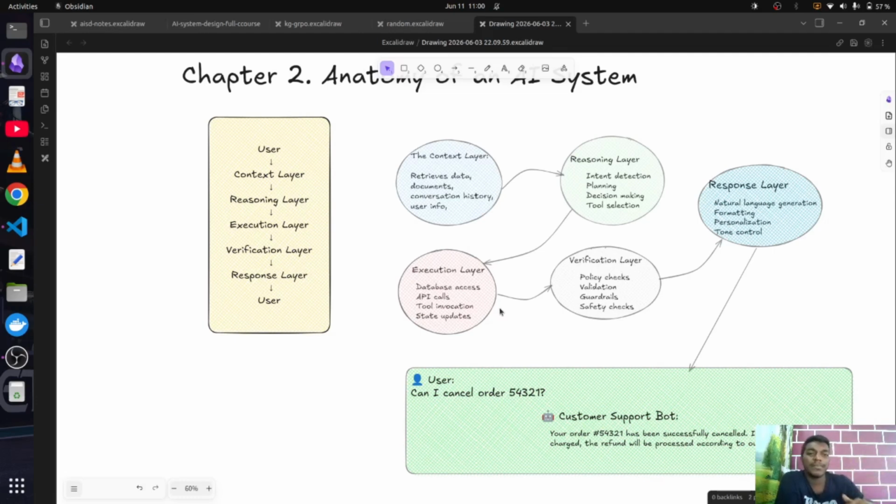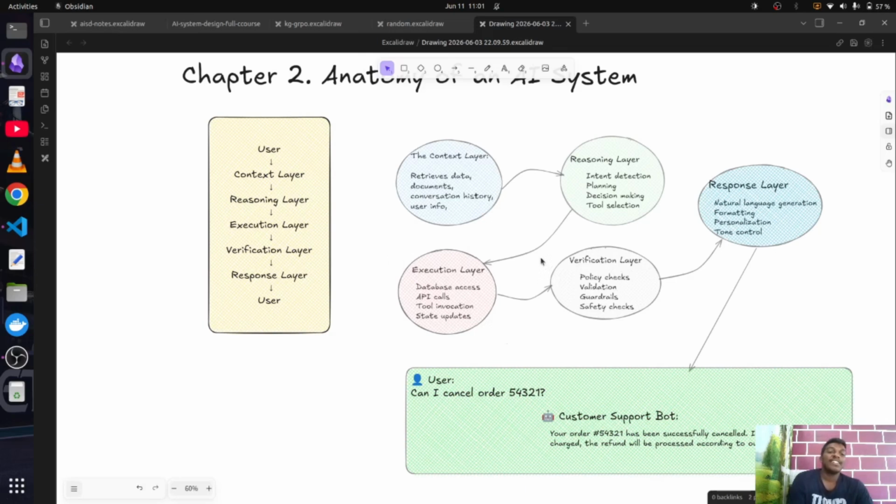So there are multiple steps that have to be taken, and what the steps are going to be is decided in the reasoning layer, and how the steps are going to be taken, we define in the execution layer and also use them in the execution layer. So basically this is kind of the backbone of the whole thing. This can be considered as the brain, and this can be considered as the decision making layer, like a nervous system or something, and this is the sense organs, the organs which actually work.